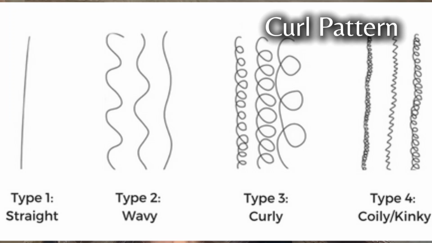Okay, the next one is curl pattern. And this can be complicated, but I'm trying to keep this simple. So completely straight hair is number one. And this isn't broken down into subtypes like the other categories. So as for wavy, curly, then kinky, they're broken down into the 3 subtypes that vary by curl intensity. This is another way to help determine what kind of products to use on your hair and how to care